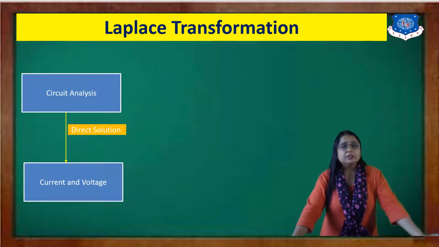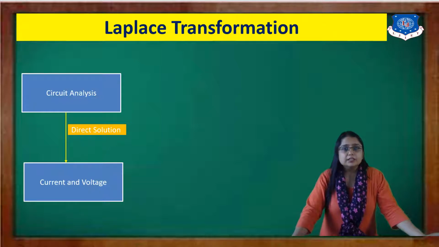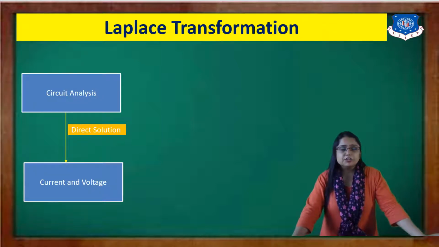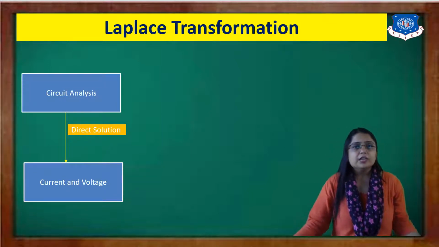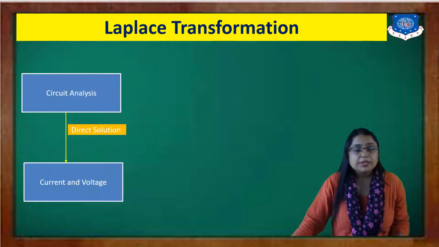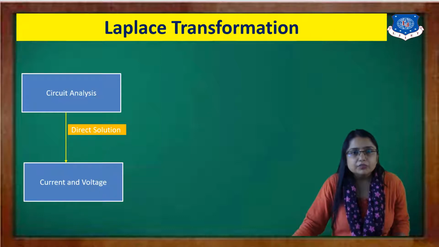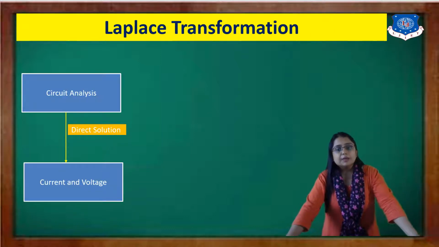Now to find the value of I is difficult, because integration is there and differentiation is also there. If you want to cancel that integration by taking the differentiation, then a double derivative will be present. You can solve that kind of equation using a higher order differential equation. But if I don't want to use the higher order differential equation, then I have to use the method that is the Laplace transform analysis.